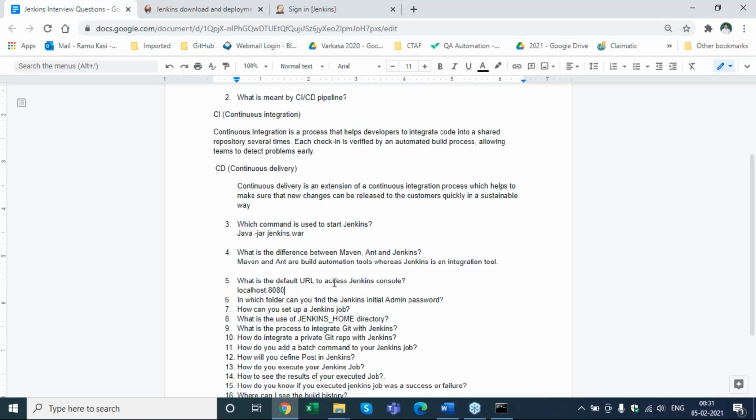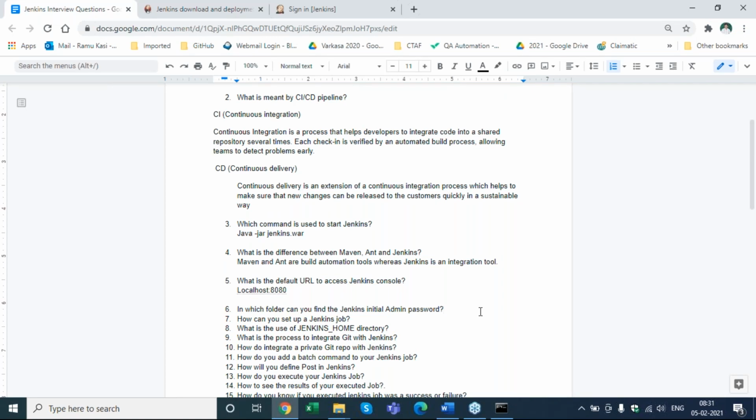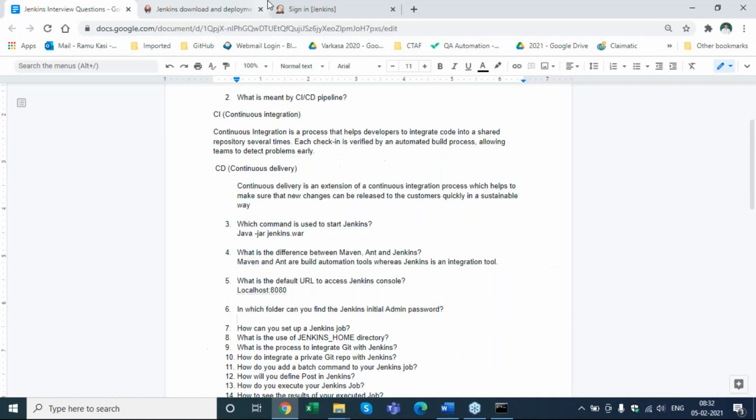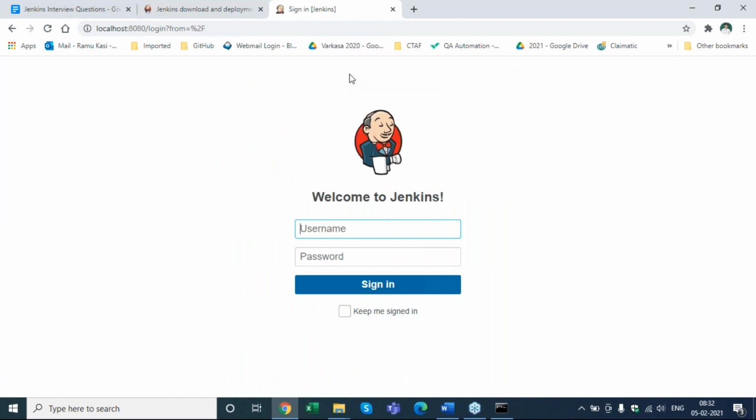When we use this under an Apache server, we will sometimes install it in the Apache server and run it. So why the difference with this standalone? I didn't get your question. Actually this Jenkins is a standalone one, right? You are directly using the WAR and running it. In the Apache server also we can run it, right? We can put it in that particular path and run it. So why do they prefer two methods here?